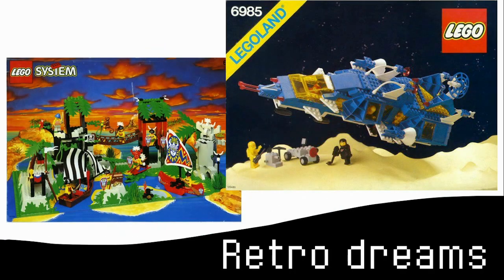For more retro sets, that would be the Enchanted Island from the Islanders. Just like the other ones we talked about, this one sums up my love for the theme as a whole, with two amazing base plates, an amazing stone statue, and a great cast of minifigures. This set is wholly and truly on my wanted list. Not quite as high as some of the others, but a set that I definitely am looking out for